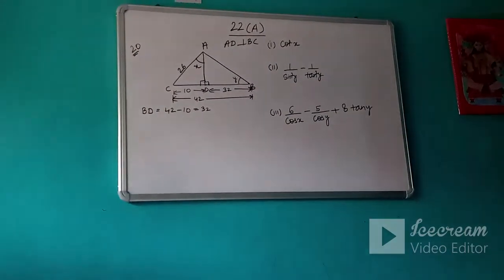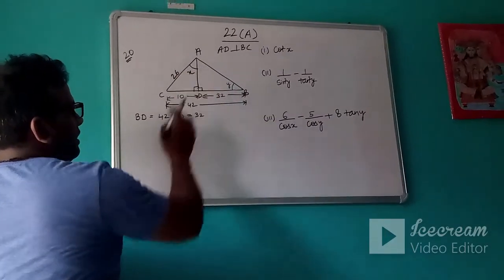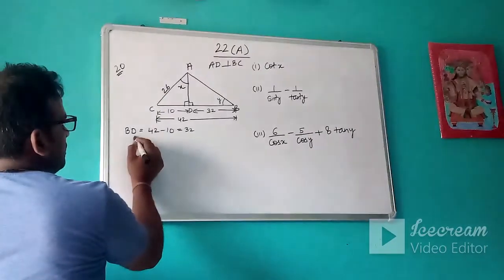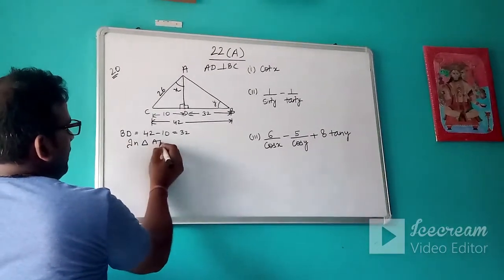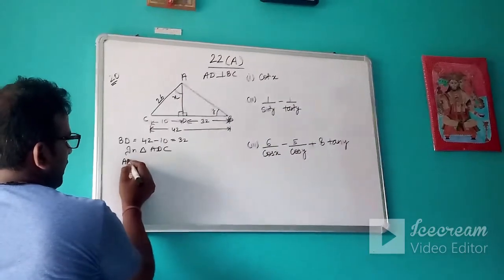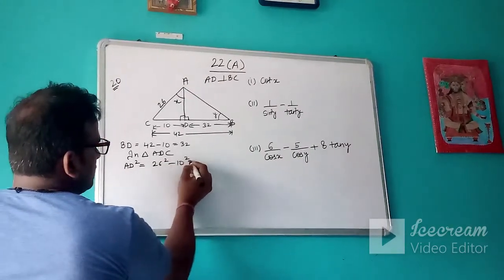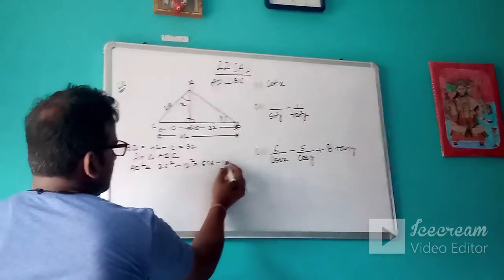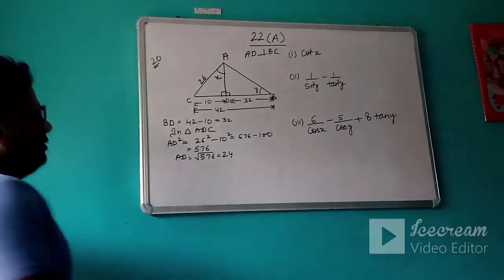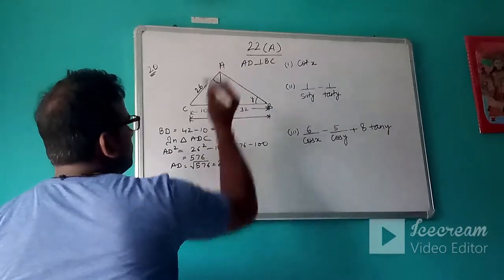Okay, so like I have told you, whenever we solve the questions, we will see the number of right angle triangles and then we will find the value of unknown quantities. Like suppose I take triangle ADC. So in triangle ADC, AD is unknown to us. So we will calculate AD square is equal to 26 square minus 10 square, that is 676 minus 100. So it is 576. So what is AD? Okay, so we will find the value of AD as 24.